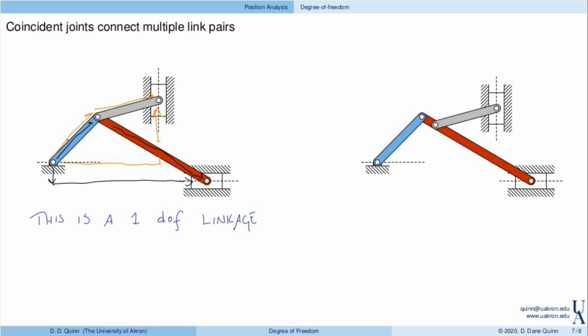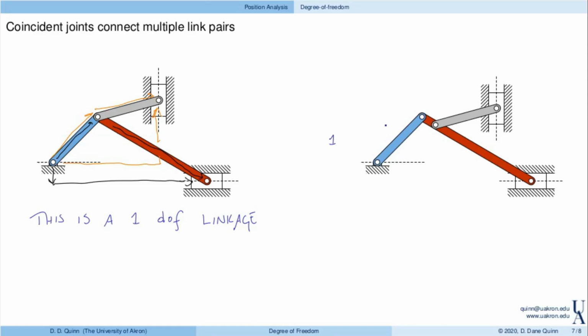But if you were to simply count up the number of constraints and treat this as 1 pin joint, the criteria wouldn't work out. So the way to really think about this is to imagine that this coincident joint is actually split apart. So I'm going to take it and put these 2 things close together, but I'm going to put a pin joint between the blue and the red, and then a second pin joint between the red and the gray. And the idea is that as these two things get closer and closer, we recover this picture on the left. So now let's again count